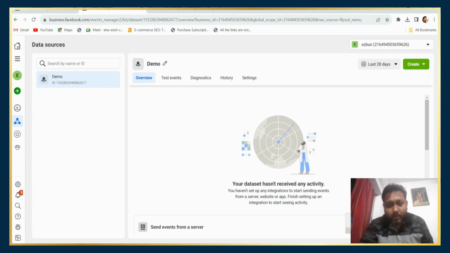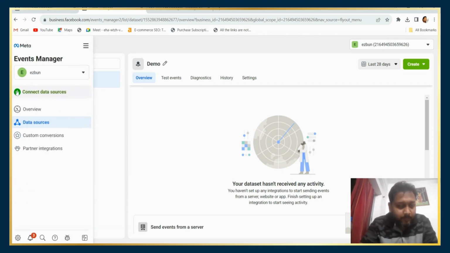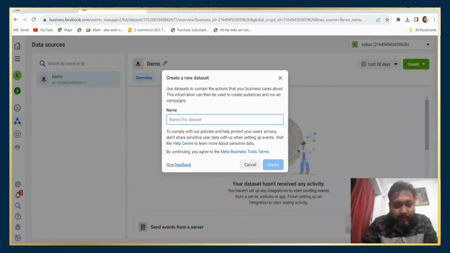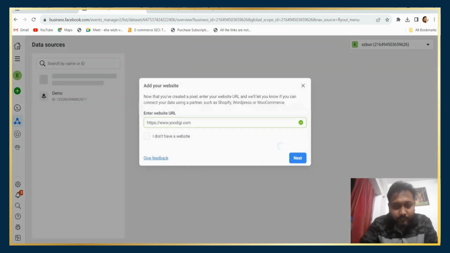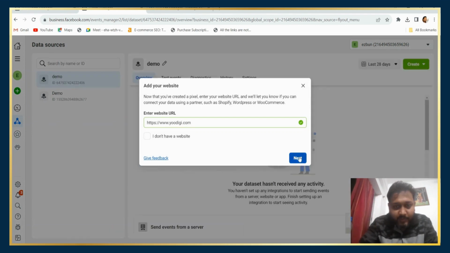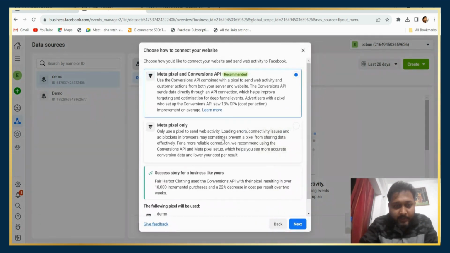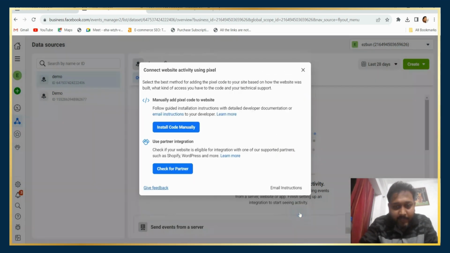Okay. So once we click on the manual process, it will give you an option. So I will just click on connect. Name this demo as well. Create. Okay, it's the same process. I'll just do the same process. Now I'll just click on do it yourself this time around. Now I will just click on meta pixel only. I will select next. So it will give you two options: use partner integration, which